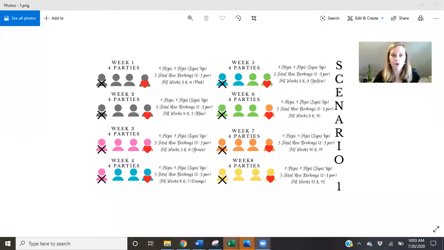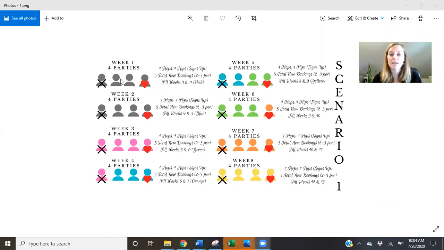And this is scenario 1. And this is really what we're talking about, okay? So I'm going to break this down for you. Let's look at week 1, okay? This is the next available date that you're booking 4 parties for, all right? And you heard from Stacy, and she explained that we have the F word going on here, right? We might have one party flop, and we might have one party flip ultimately and have that host sign up, and then one flops, or it could even be a ghost where the host doesn't get back to you.